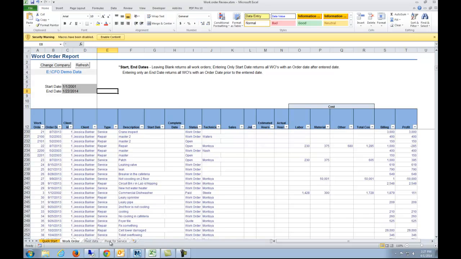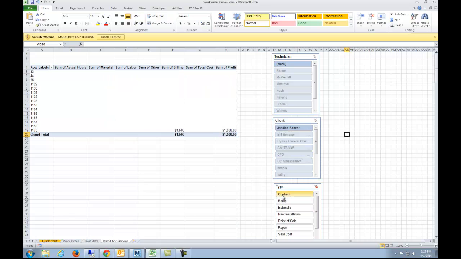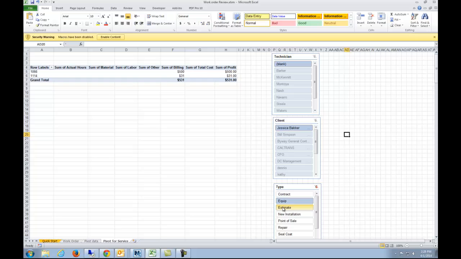Or the way I like to do it is to come over here to a pivot table and say, I only want to look at contract. These are all the work orders for the contract. Again, demo data, so not a lot of information here. On this one, I actually built something for $1,500 and had a $1,500 profit. Let's just say I want to look at equipment. I actually have one that's,